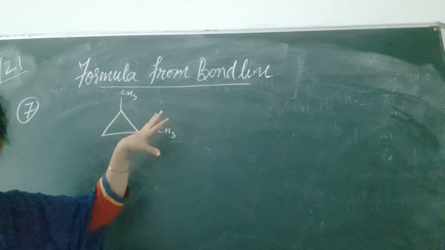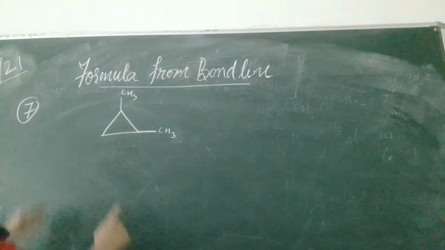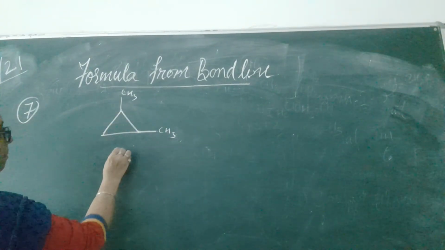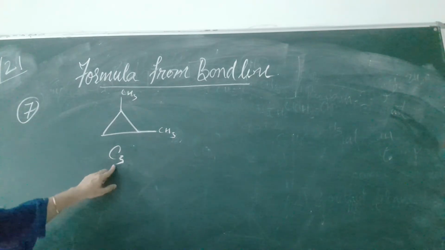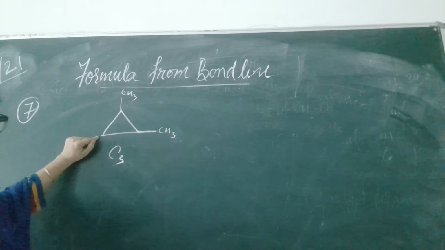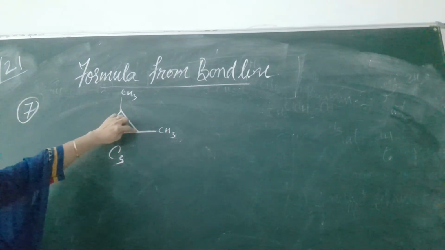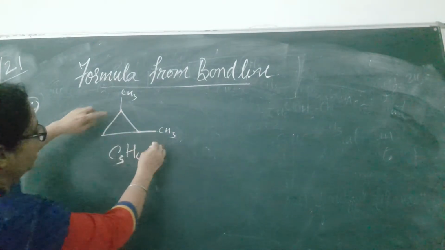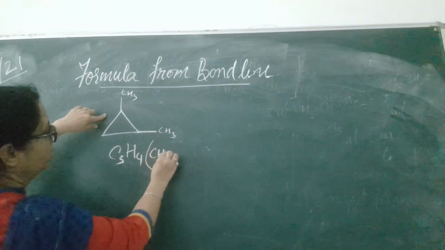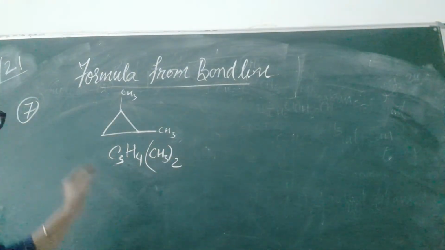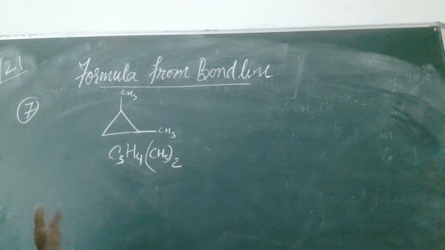This is the content we have gone through many times. This is the cyclopropane, 1, 2, 3 carbon chain. C3. Write down C3. How many hydrogens? This corner has no substituent group, so 2 hydrogens will be there. And on these 2, 1 hydrogen will be there. So total will be 4 hydrogens. And to the different carbons, 2 methyl groups are attached. Either you write in this way, or you can mention each part separately also. That can also be done.